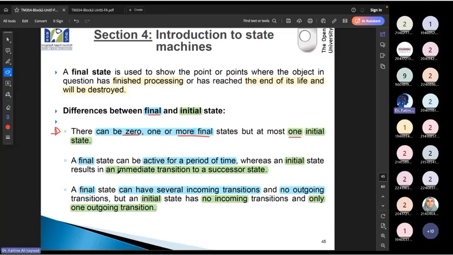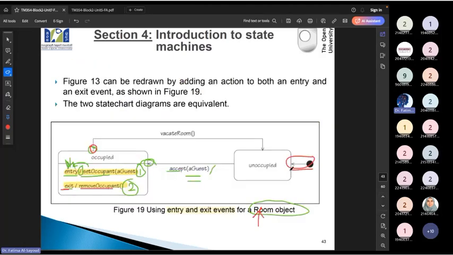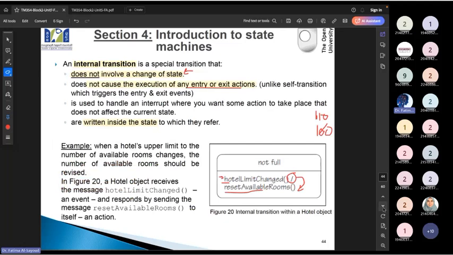Initial status is an immediate transition to a successor status. دائما هي اللي راح تبدأ. يعني لو اجينا هنا أول حالة لما تكون هذه انعملت بشكل صحيح هي اللي راح تكون الانيشال ستاتس فيها.